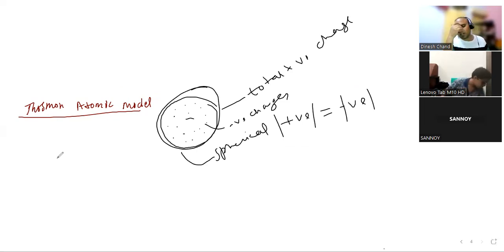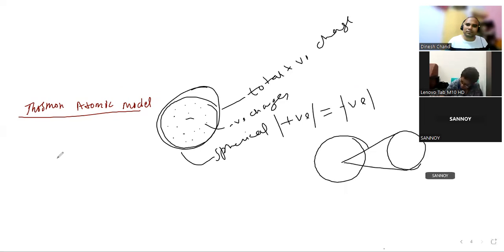Why did this model fail then? Sir, it failed because it does not explain the stability of the atom. No, stability was in the Rutherford atomic model. In our school we were told it could not explain the stability because if we take a smaller section, we will find many negative charges placed very close to each other. This won't be possible because there would be repulsion.